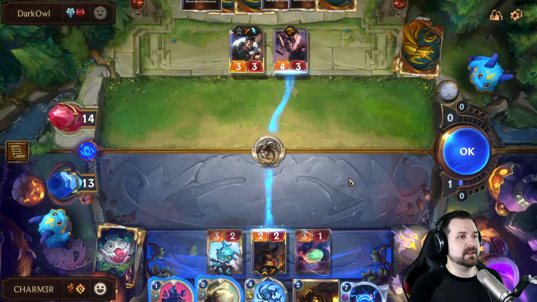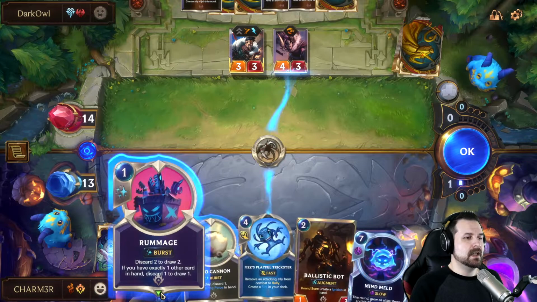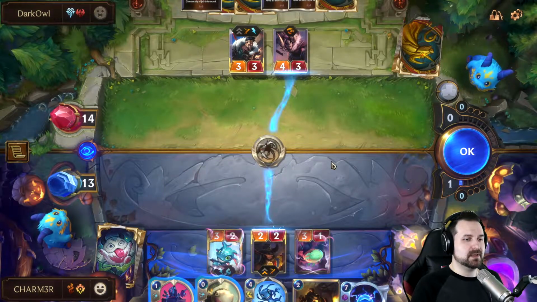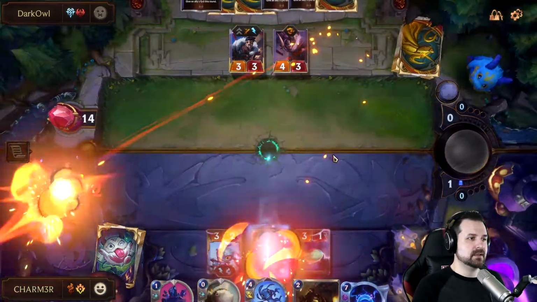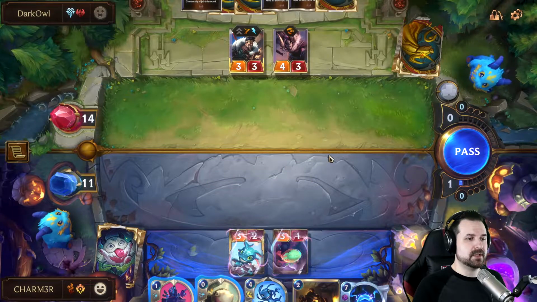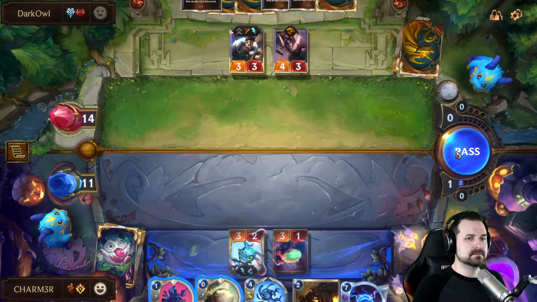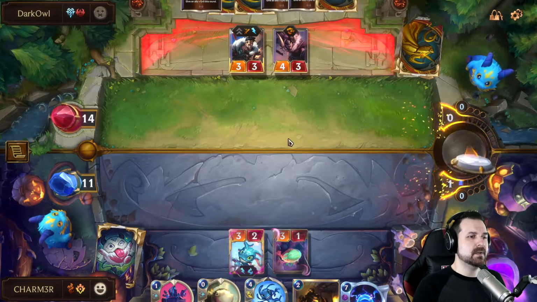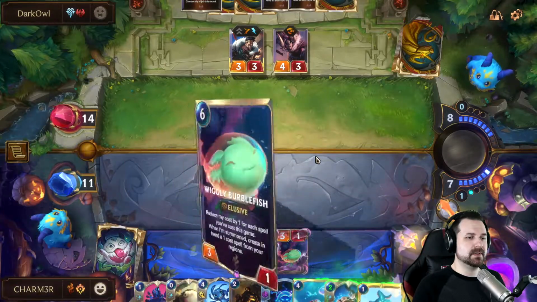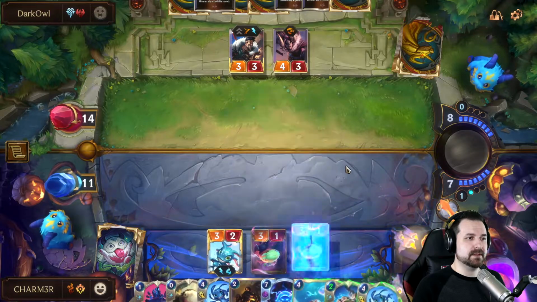And they do have an answer, and there's not much we could have done about it either way. I mean, we could pop this rummage, but that's not enough to get us there. So sadly, I think that Twisted Fate's going to meet his end, which is a bit of a shame. So we'll pass. We still have a solid opportunity here with elusives and the mind meld, so